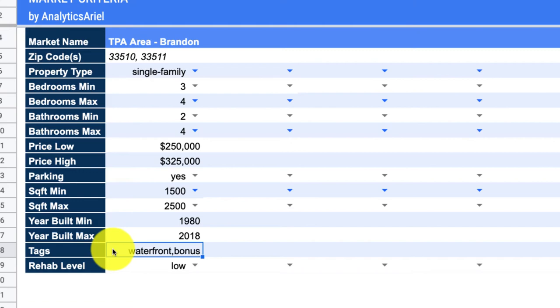Then some of the sites that we're going to look through, where you could set up your search criteria, actually have signals to show if a property is a fixer-upper or not. So in this case, I think it's important for you to at least set up what you are looking for rehab-wise. Are you looking for a huge fix and flip? Then put high. Maybe you're replacing kitchen countertops, flooring, so a little bit more in-depth work. That's probably a little over 10 grand. Then rehab will be medium. And if you're looking to almost have a turnkey where it's ready to be rented by individuals and all you're looking to do is maybe the paint and the carpet, then I would mark that as low.